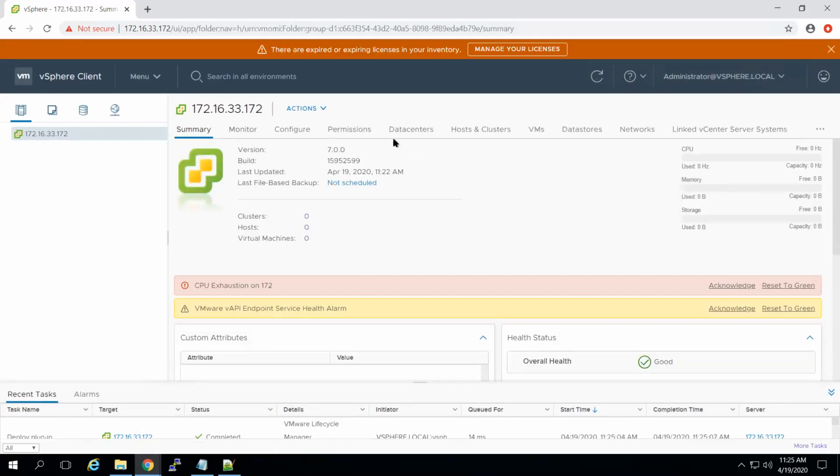Okay, this is the first look of vCenter 7.0. There is no ESXi added and there is no inventory. So I will proceed with vCenter 7.0 new features, and I will add more ESXi 7.0 hosts to this inventory. I will cover those parts in the next video. So this is the 7.0 installation.